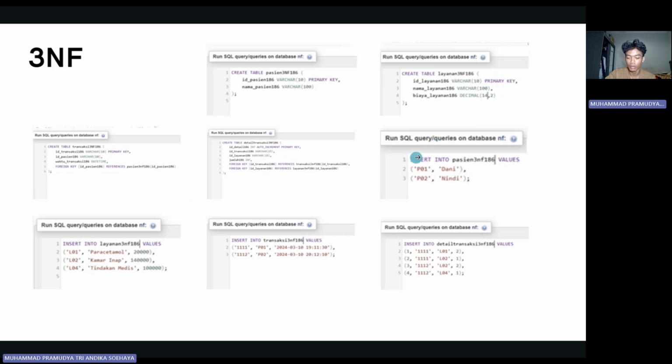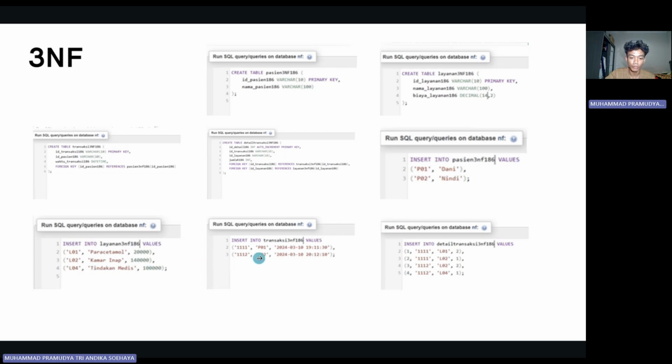And then we should store data into patient 3NF, which contains P01 with the name Dani, and P02 with the name Nindi. Then for service 3NF, we have layanan 01 paracetamol, layanan 02 kamar inap, layanan 04 tindakan medis.